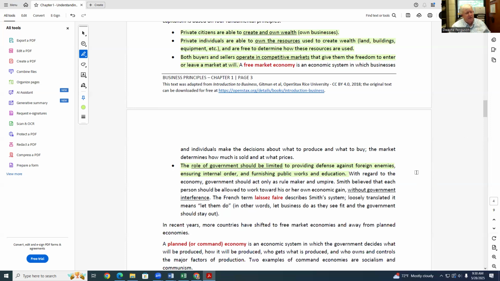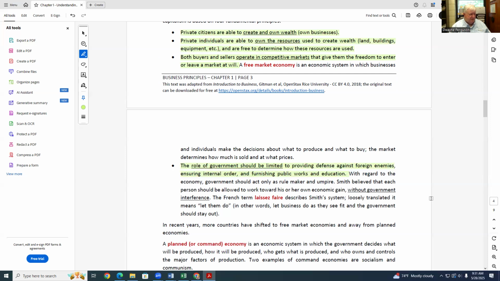But the government shouldn't take a big role in businesses going in and out of business, who should operate a business, what businesses should be allowed, and where the wealth should go, how it should be distributed to whoever earns it. So anyway, these are the basic four tenets